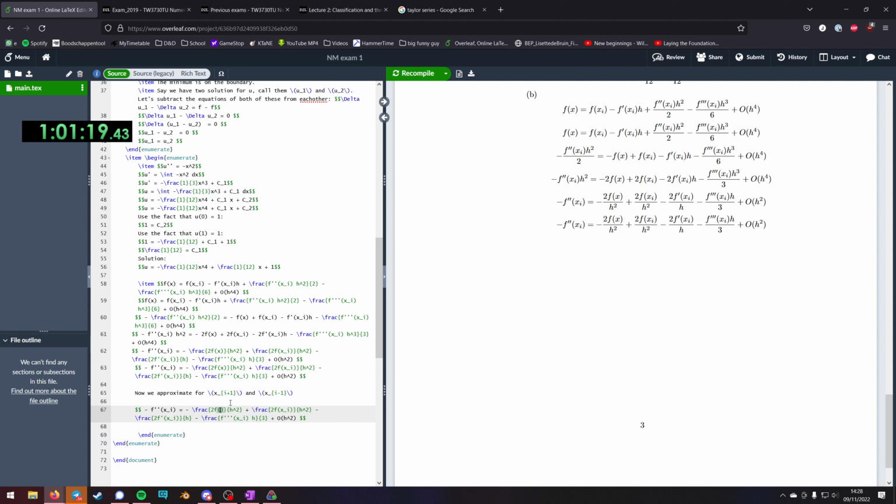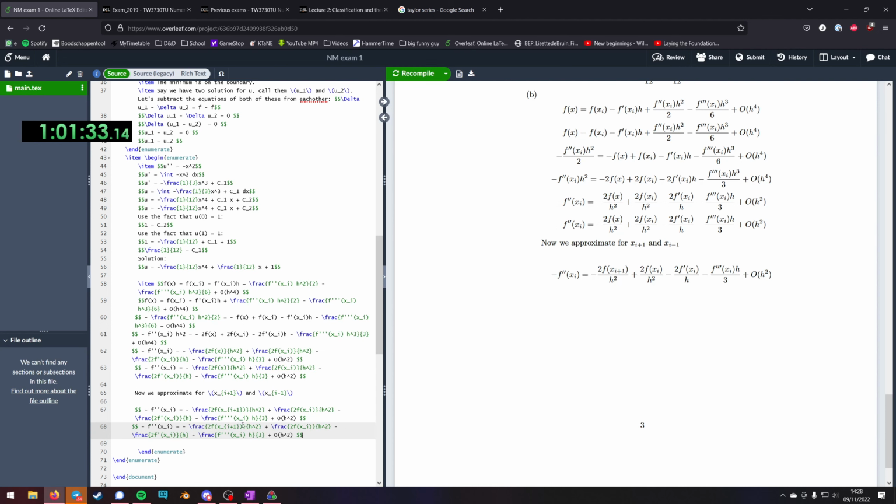So this becomes x_{i+1}, x_i, and for x_{i-1} the h's become negative. So this sign is the same, this sign is the same, this sign flips because there's an h down here, and so does this sign. And I add these two approximations, and we get